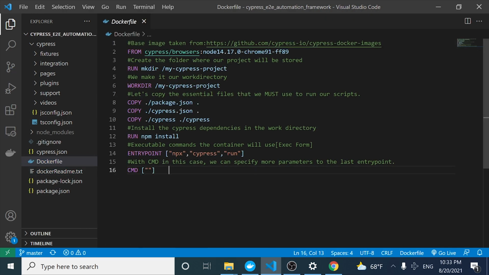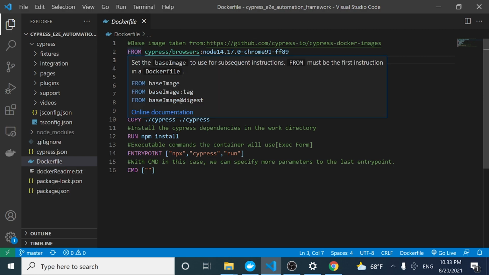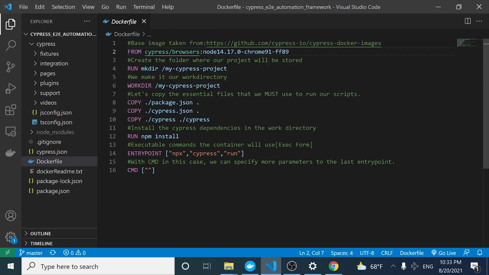So as you can see here, every single step here is a kind of indication or an instruction to Docker to build a new image based on this set of instructions, right? So for example, here I'm using the word FROM, and as you can see, Visual Studio says that it is basically what is the main image that we are going to be using, or in this case I'm going to be using the Cypress browsers